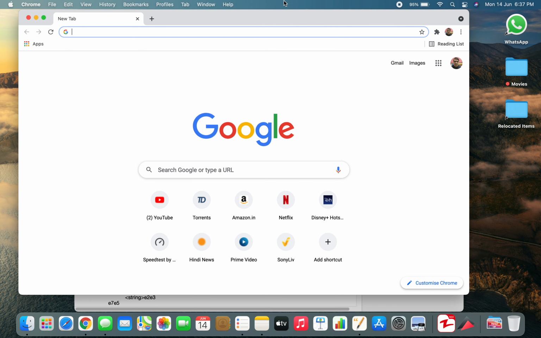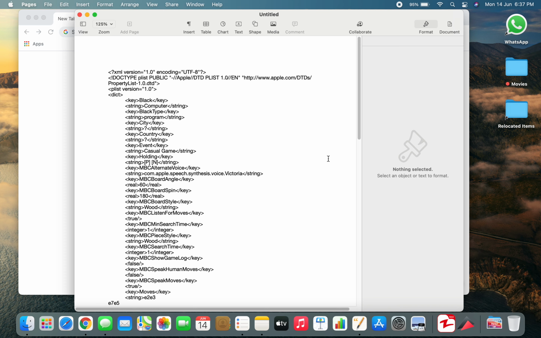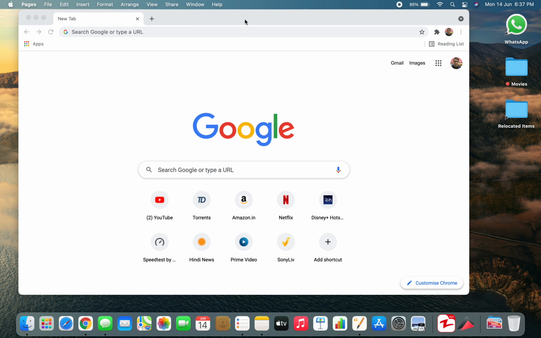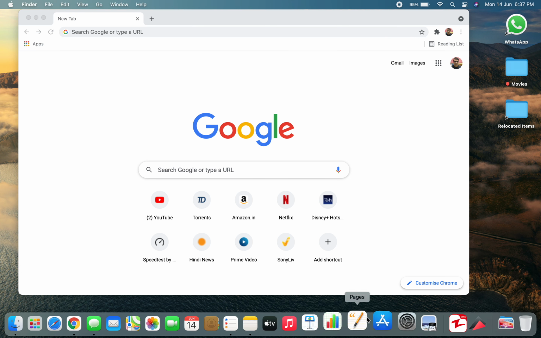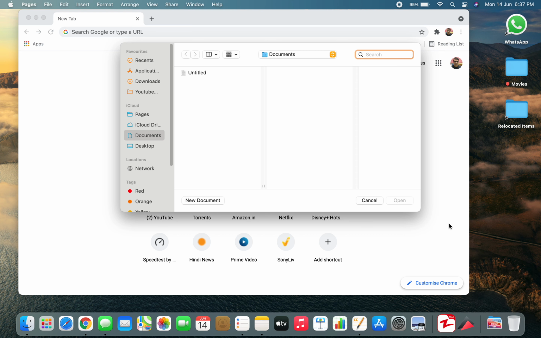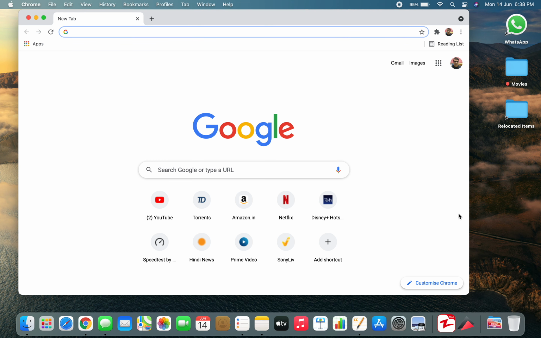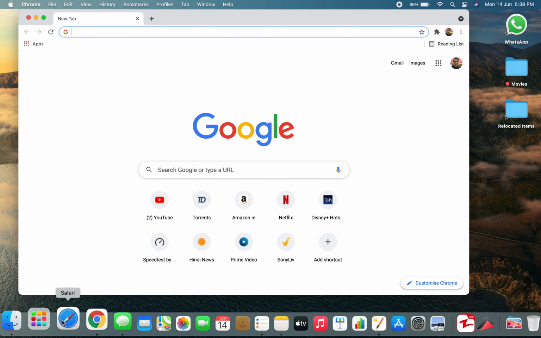And now talk about another option, which is Control plus Shift plus Tab. So just press Control plus Shift plus Tab. You will be able to select on Pages whichever is open. So let's say Control plus Shift plus Tab. Yeah, you can see that, very simple. Another thing is Control plus Tab. So just press Control plus Tab. You will be able to select more windows like that.